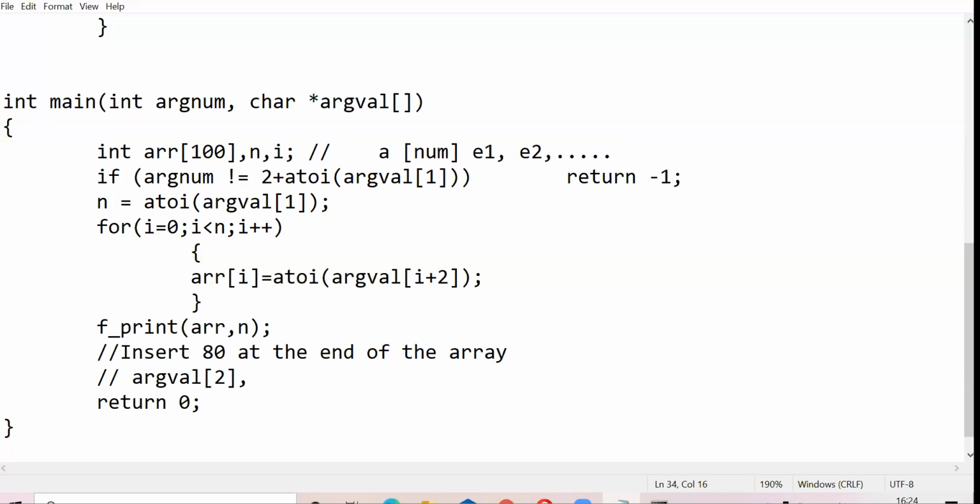Now forget about the command line arguments. Given an array ARR, if I want to look at its first element, it's going to be ARR of 0, because the indexing of an array starts with 0. This tells me the element which is present exactly at your address ARR. If I want to look at the second element, it's going to be ARR of 1, if I want to see the third element, it's going to be ARR of 2, and so on and so forth. Where will be the last element of this array? What should I write here to access the last element of this array?